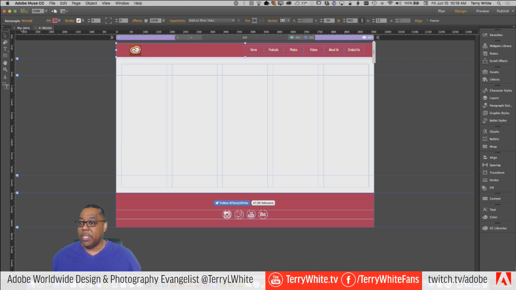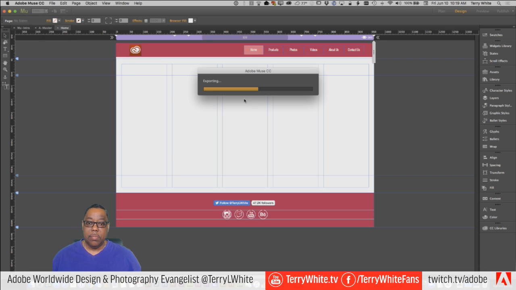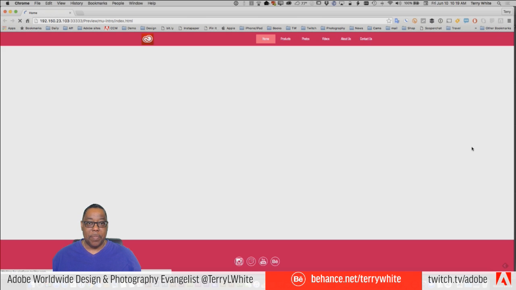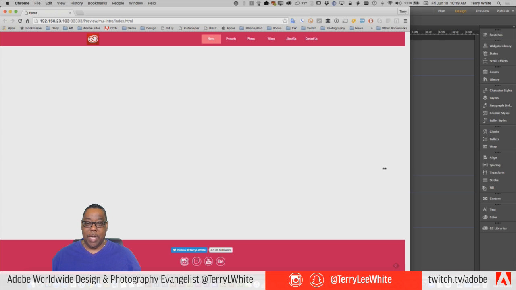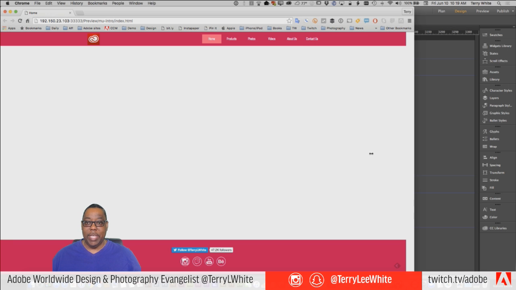Let's go back to the home page here. If I preview this page in the browser, it'll generate that HTML and show me the page. Again, we haven't put any content on it, but just to remind you of the breakpoints we put in to make this a fluid design, everything stays centered as we told it to do.